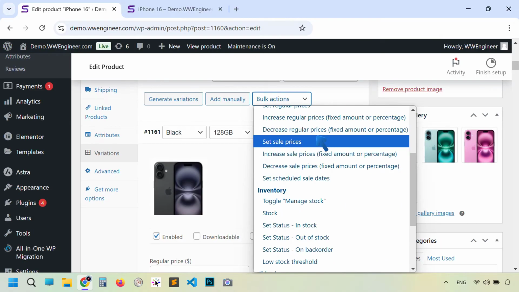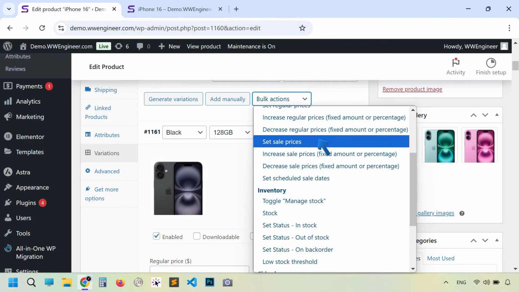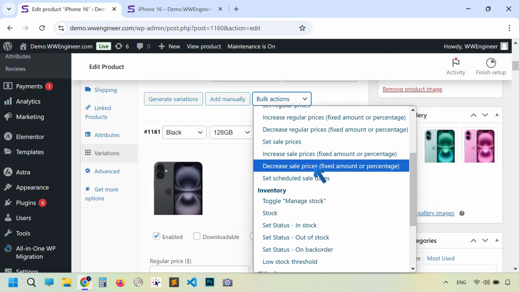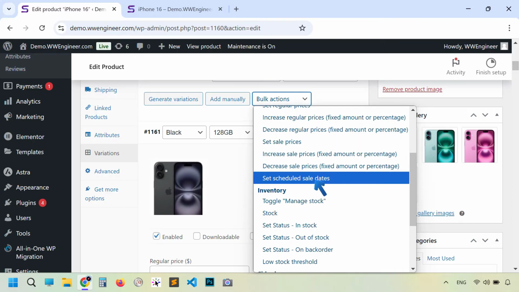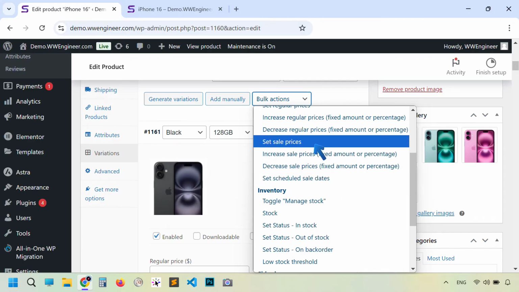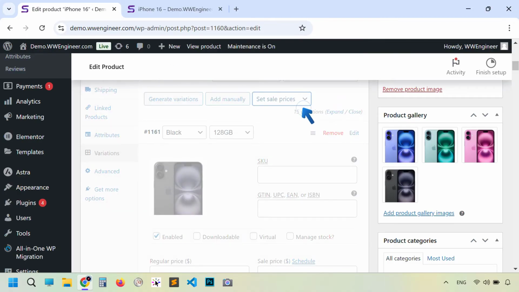You can do the same thing with decrease regular price, and then set sale price, increase, same thing you can do with sale price. And here another thing, set schedule sale dates. Okay, first we need to add sale price, so I'm going to add sale price, for example 1000, and click OK.